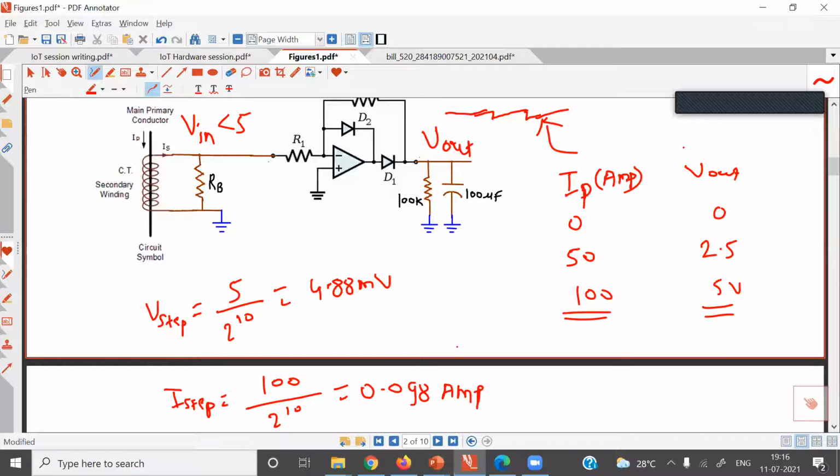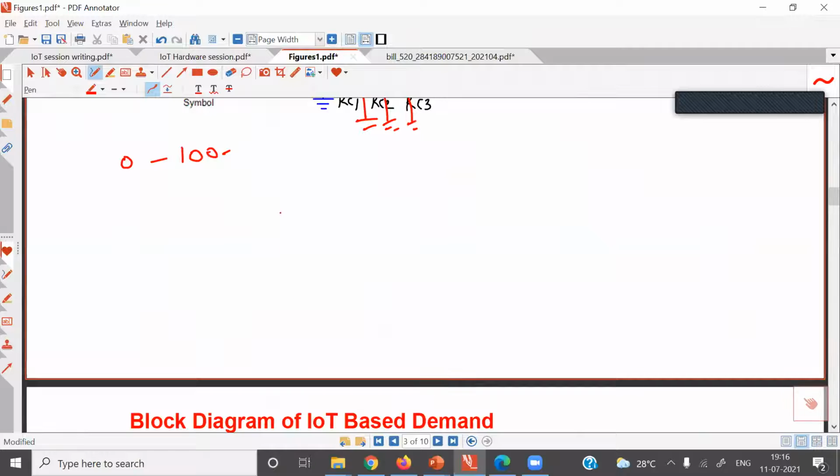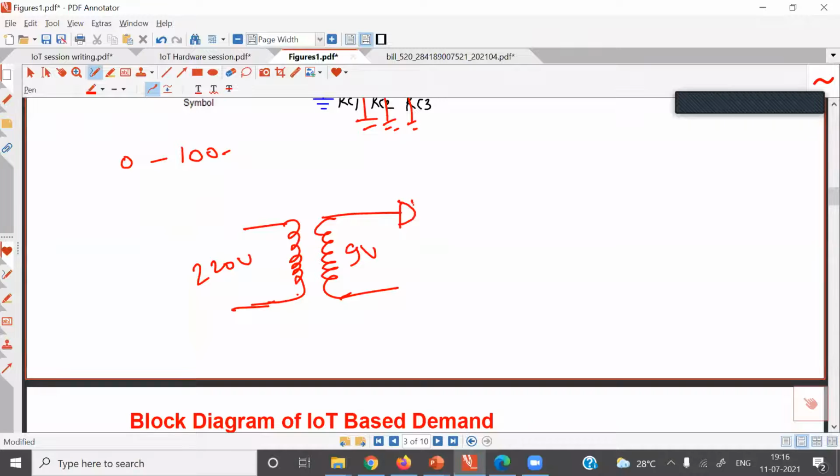Likewise, you measure the voltage, and for voltage measurement, it is a very simple circuit. For measurement of voltage, use a conventional transformer. For example, you are measuring phase voltage. Then you will have here 220 volt AC. This is the secondary. So use a conventional transformer with secondary voltage like 9 volt. So we will have here 9 volt on this side. Use here a half wave rectifier. No need to go for a full wave rectifier. Half wave rectifier, put a capacitor,